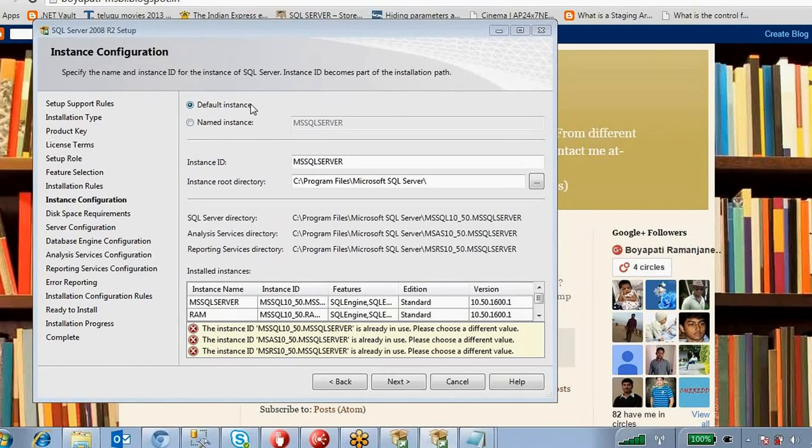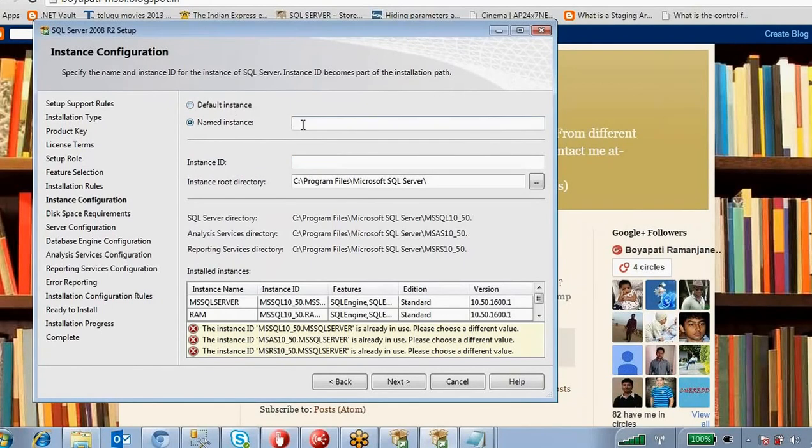Right? So here I have to take a named instance. I'm going to give the named instance as RAM. You can give anything. So whatever the SQL Server Integration Services, SQL Server Analysis Services, database engine, reporting services, all these things I'm going to store in this location.